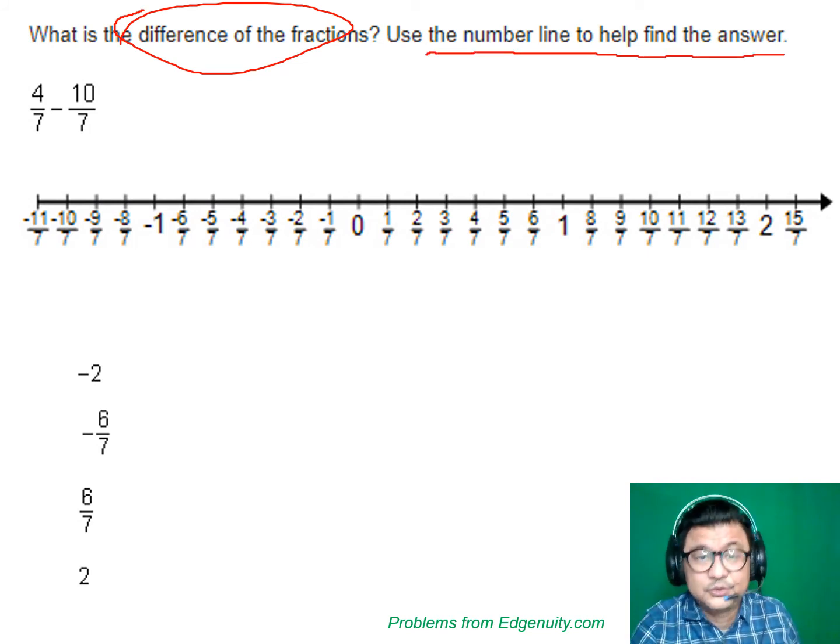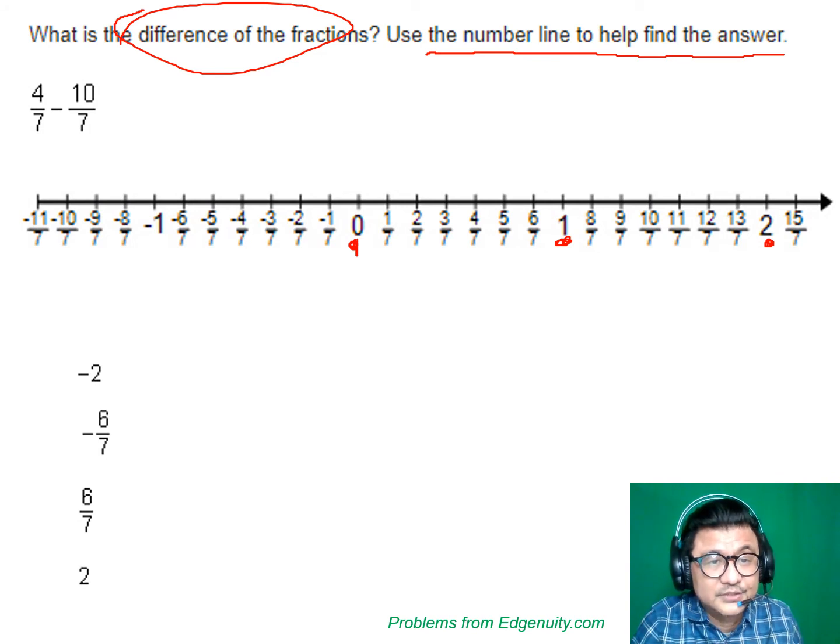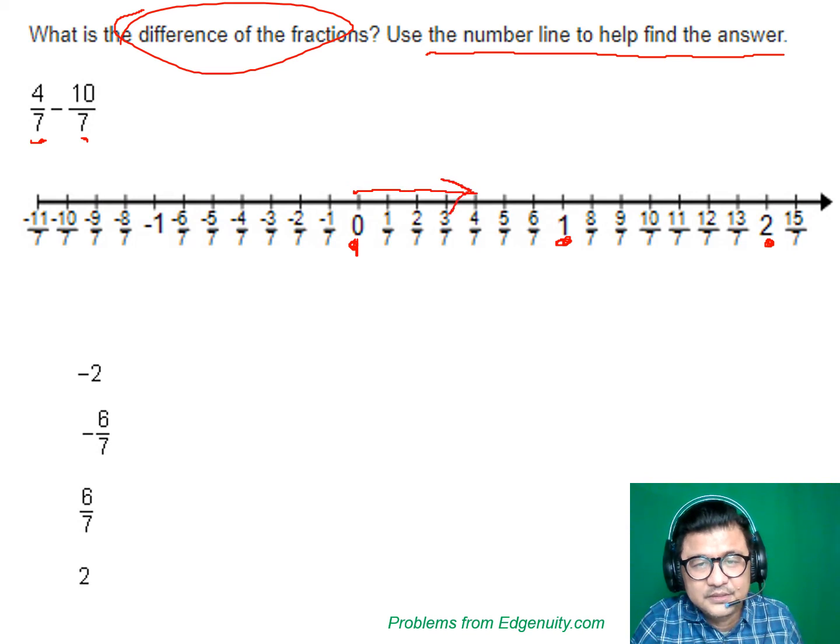Okay, we have to make use of the number line, but take note, the 0 is over here. 1 is over there, and in between, 2 is over there. In between, we divided it into 7 equal parts because the fraction says 7. See that? 7. So let's start with 0 to positive 4 sevenths. Where is 4 sevenths? We'll stop there. Remember, when we make a number line, start with 0, go to the first value,